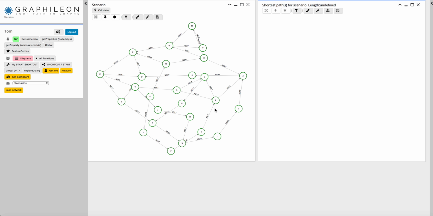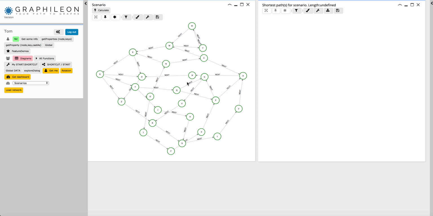Today I'd like to demonstrate how you can do analysis on graph with Graphileon, and specifically in a case where you have a multi-user scenario, so where you want to run scenarios simultaneously by different users. So it involves a combination of doing things on the client and on the server, because you cannot always update the graph, because you would influence the analysis that are being done by others. Well, consider a network of, for instance,